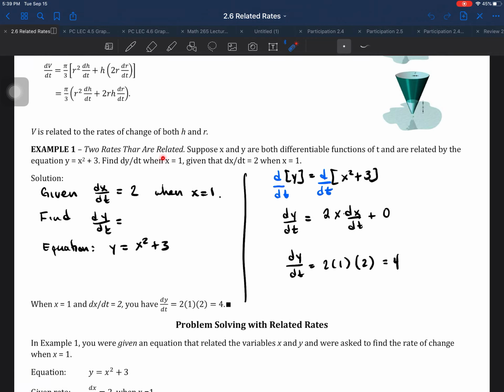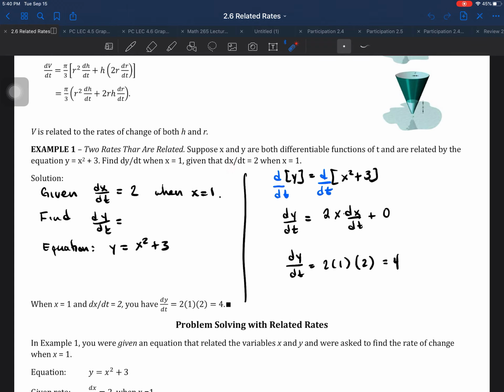Two rates that are related. Suppose x and y are both differentiable functions of t. That means they both depend on t, and are related by the equation y equals x squared plus 3. Even though y depends on x, it is assumed here that both y and x depend on t. They're asking us to find dy/dt when x equals 1, given that dx/dt is 2,